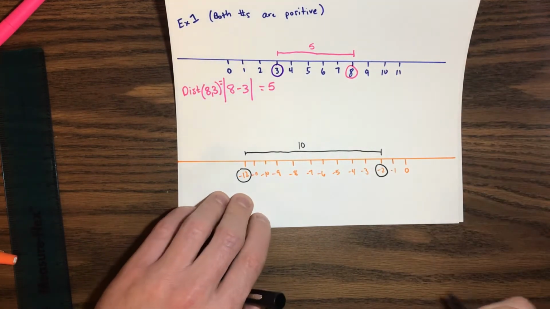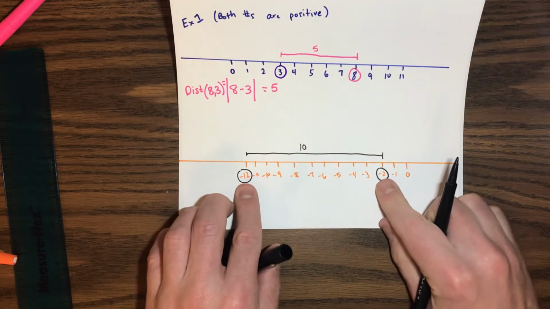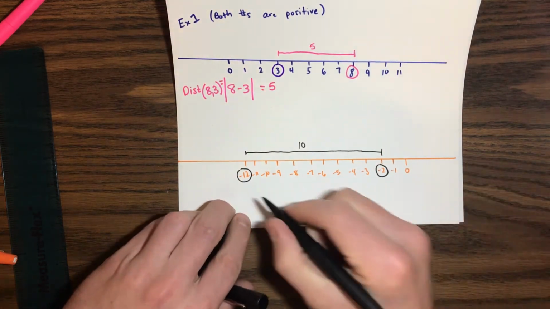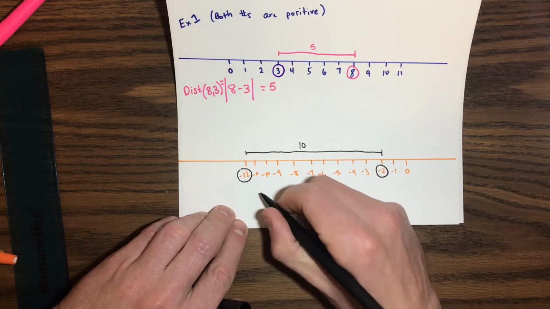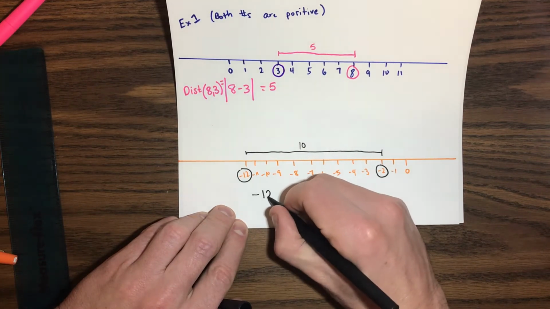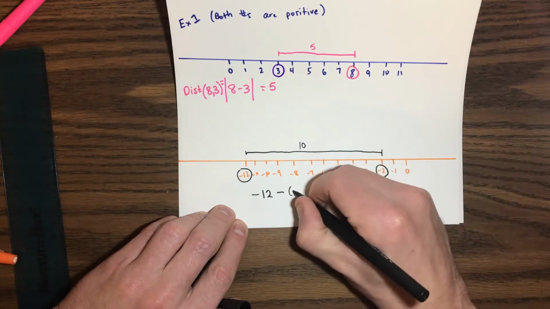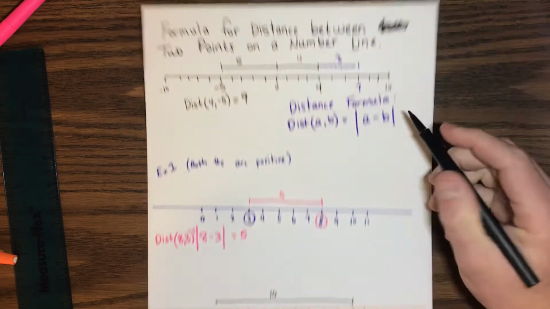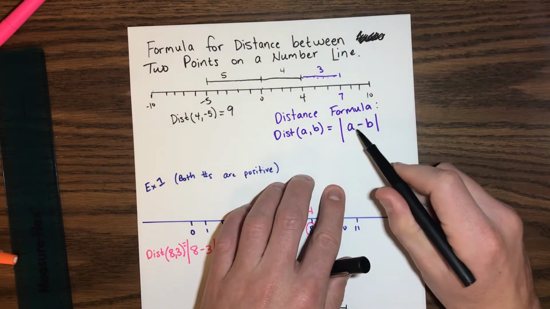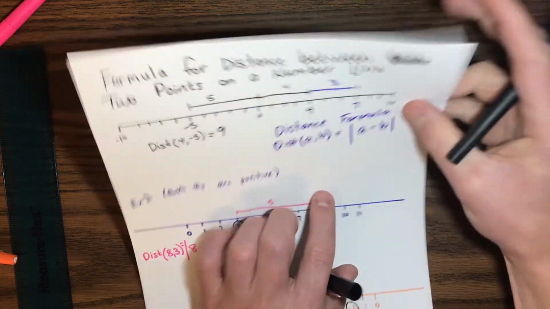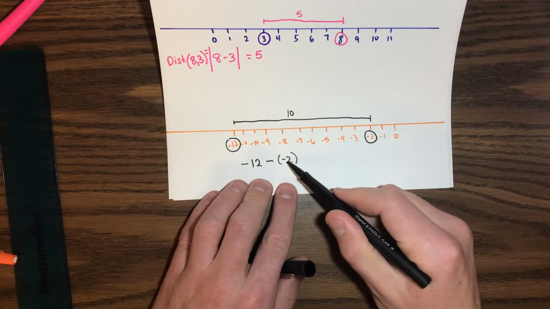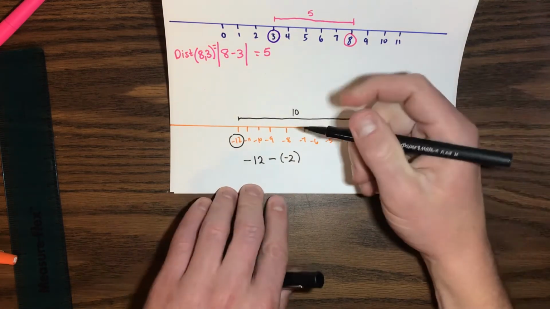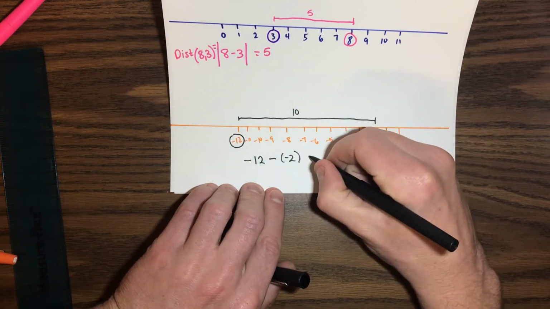It's 10 units. Well, I know that if it was 12 minus 2, I would get a 10, and I'd be good to go. But that's not what's going to happen in this case. If we try to subtract them, if we just go -12 minus -2, so this might look weird to some people, but remember, the formula says that you're supposed to take the first number and then subtract the second number. And so if the second number you use is negative, you're going to wind up having a minus a negative. You should always be subtracting, even if it's negative. And if I do this, well,